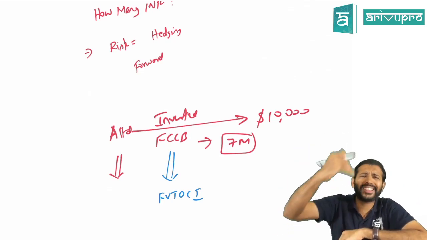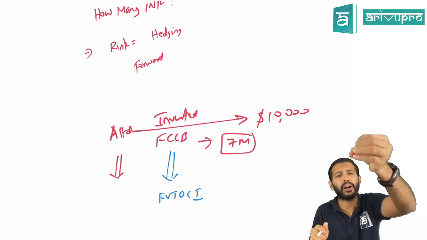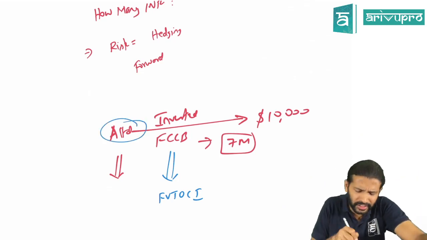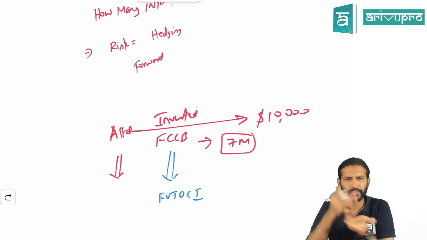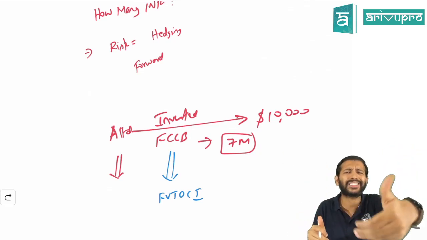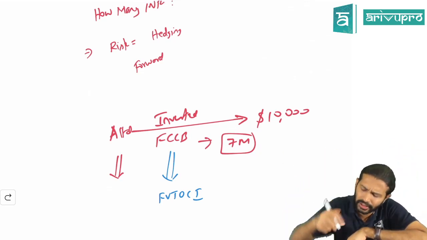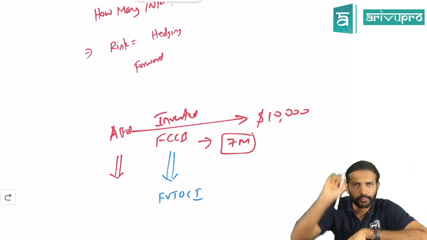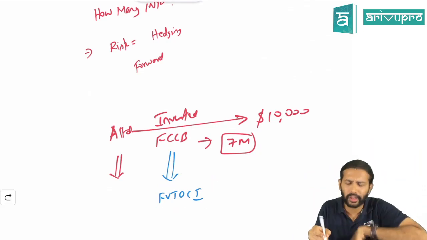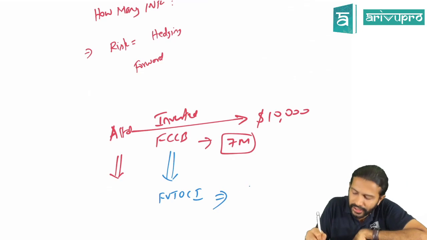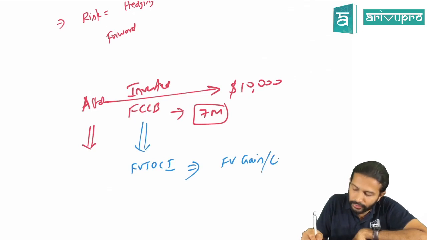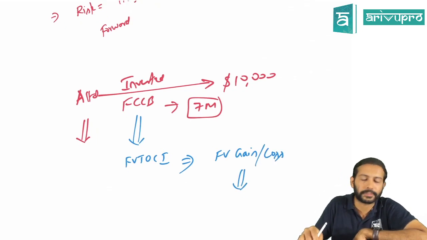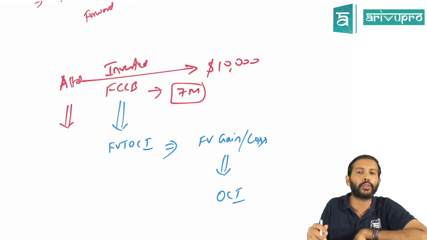Yes. So let's say that particular business model here is, A Limited feels if they get a better opportunity, they may sell it off before 7 months itself. That is their business model. So in that case, this will not be valued under amortised cost method. It will go for FVT OCI method. Okay. So this bond, let's say, is valued under FVT OCI method. That means any fair value gain or loss, if you are valuing an instrument under FVT OCI method, then where will it be parked, sir? The fair value gain or loss will go off to OCI.